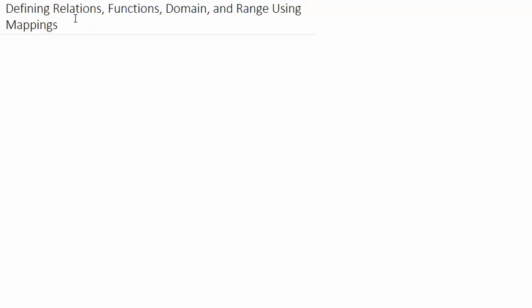So rather than telling you what a relation is first, let me give you an example of a relation. If you can visualize it, I think it will help us understand what a relation is, and then we'll formally define a relation. So let's say that we have this oval over here,